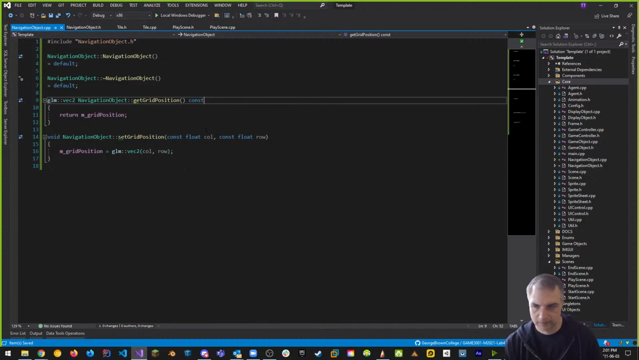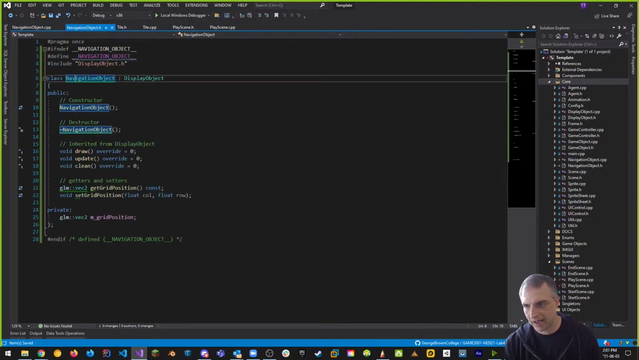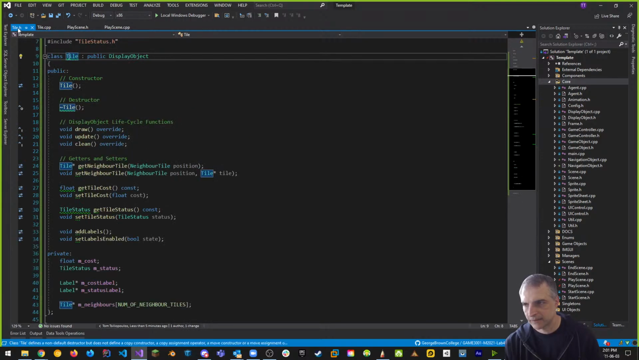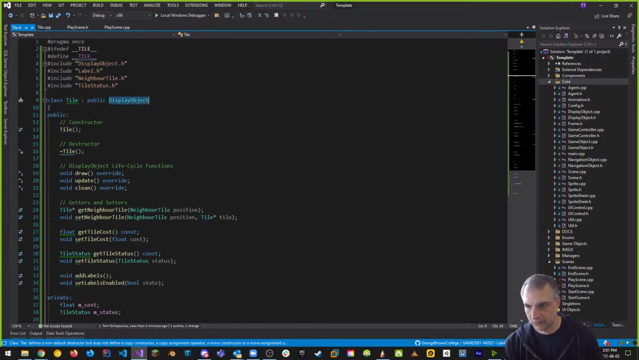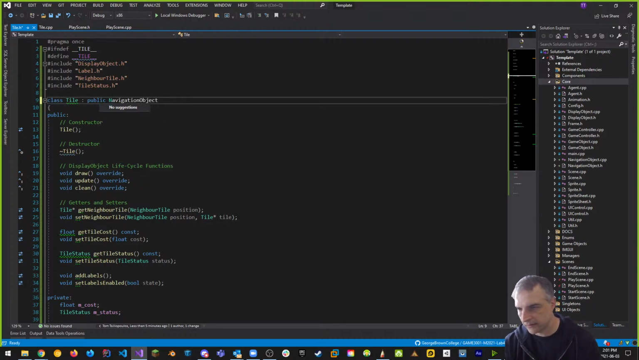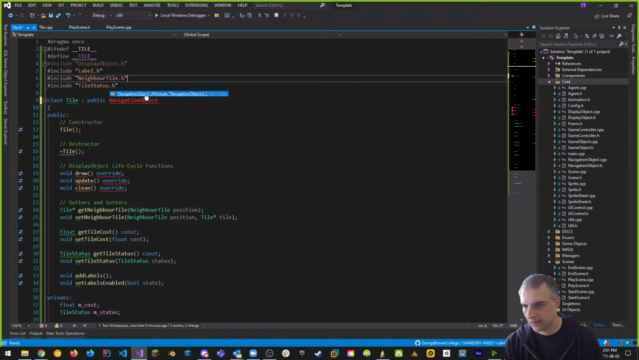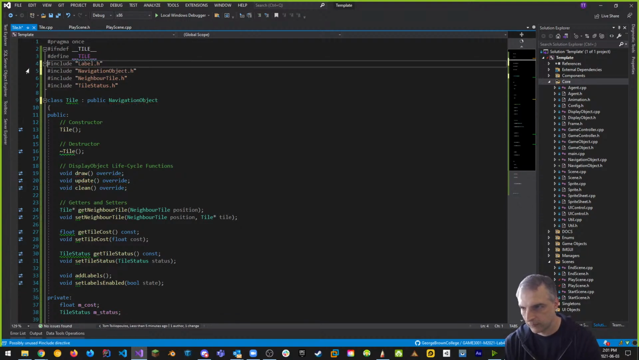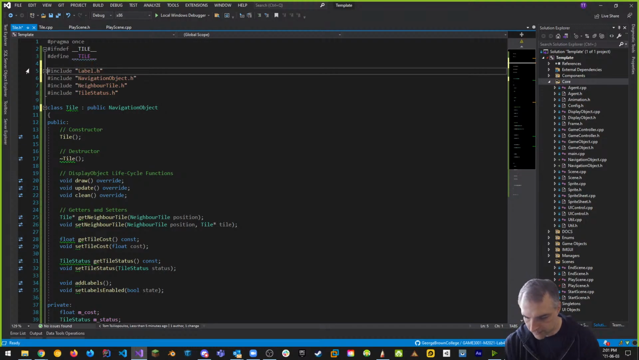Okay, that's fantastic. So now that I have navigation object, I know what this is. I can make my tile inherit from it. So this will make this navigation object instead, which means that I can inherit from navigation object, not from display object, which means that by default, all tiles are navigation objects that have a set